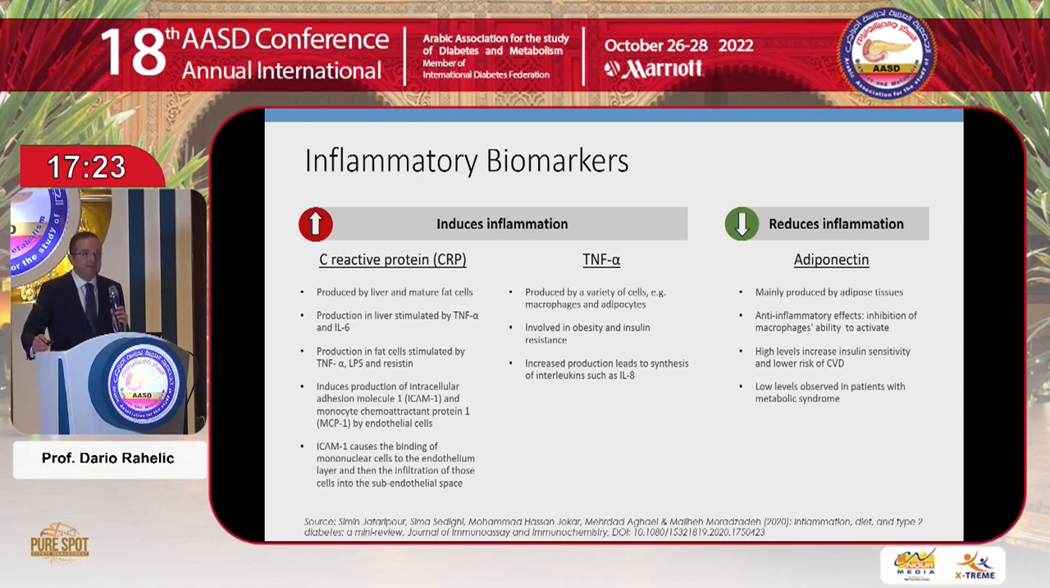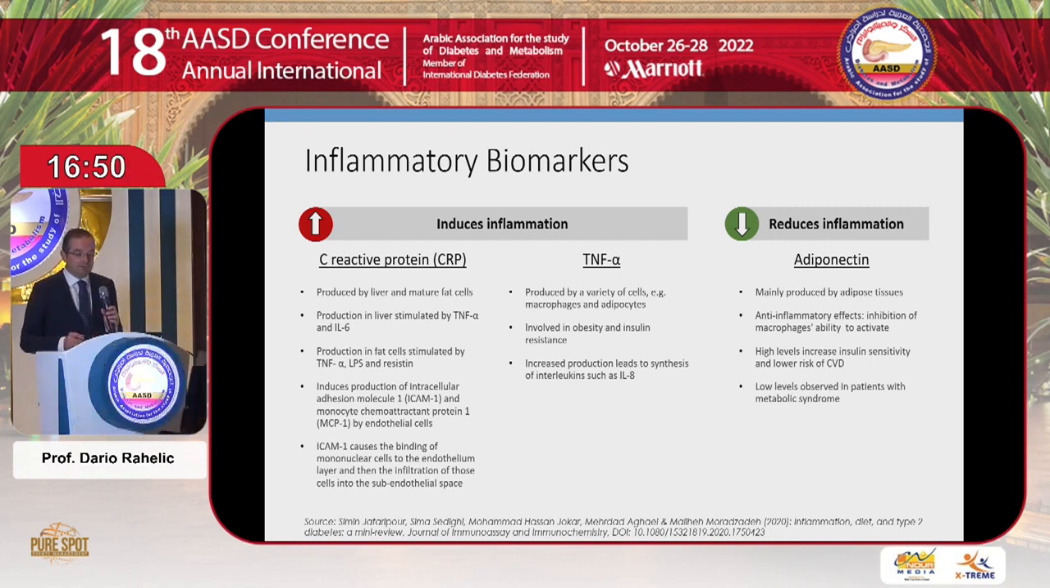On the other side, we know that there are many pro-inflammatory and anti-inflammatory biomarkers, and among the most important inflammatory biomarkers which induce inflammation are CRP and TNF-alpha, as I already mentioned. On the other side, adiponectin reduces inflammation. So this is one of the proofs that diabetes, obesity, and chronic inflammation are connected